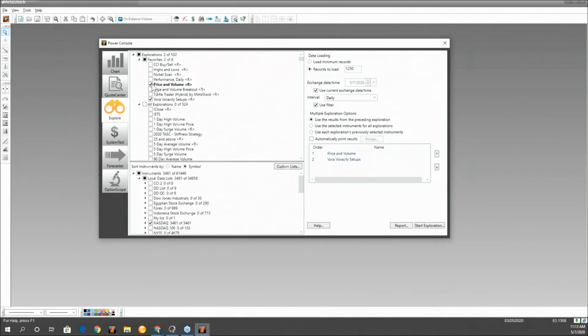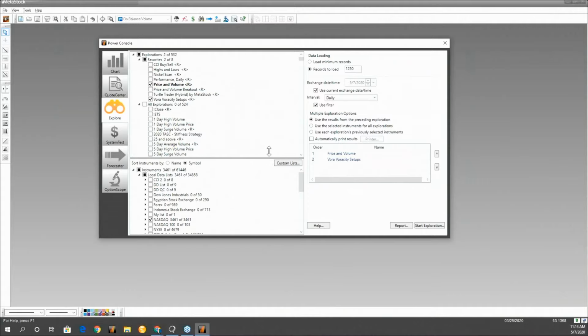The reason I'm doing this is because, for those that are just getting started and have an account of maybe a couple thousand or even 5,000, you don't have a ton of equity and capital to trade with. Obviously, the less you lose, the better, and the more you win, the better. So I like to look for those stocks within the price range that I know I'm going to want to be looking at. I'll run that scan first, and then I'll run the scan on the Voracity setups, because that's what's going to tell me which ones are getting close to giving me a signal.